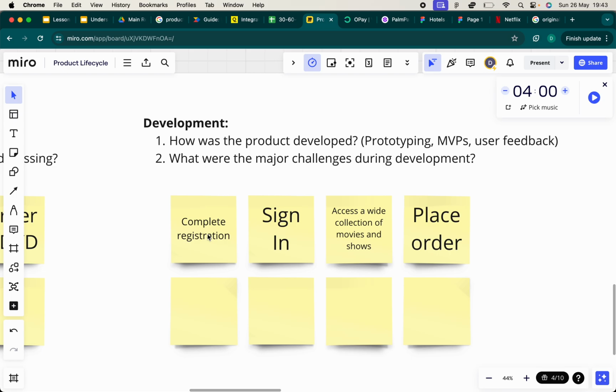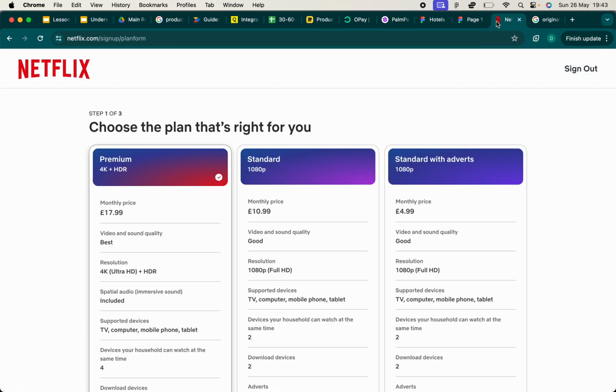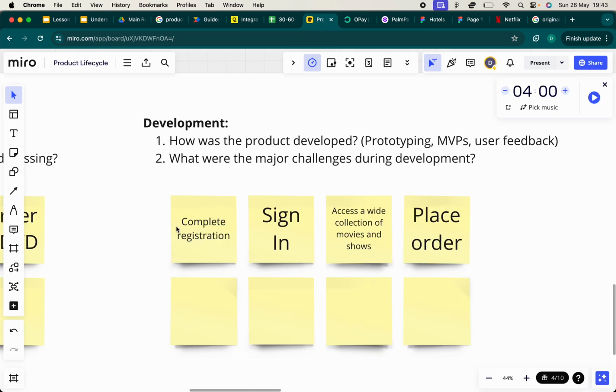Netflix is not a product that was available in countries like Nigeria initially. Now it is, because there's no DVDs to be placed. It's all remote. It's all online. So it works perfectly. But in the old version of Netflix, that's how it used to function. And so that's how the product was.